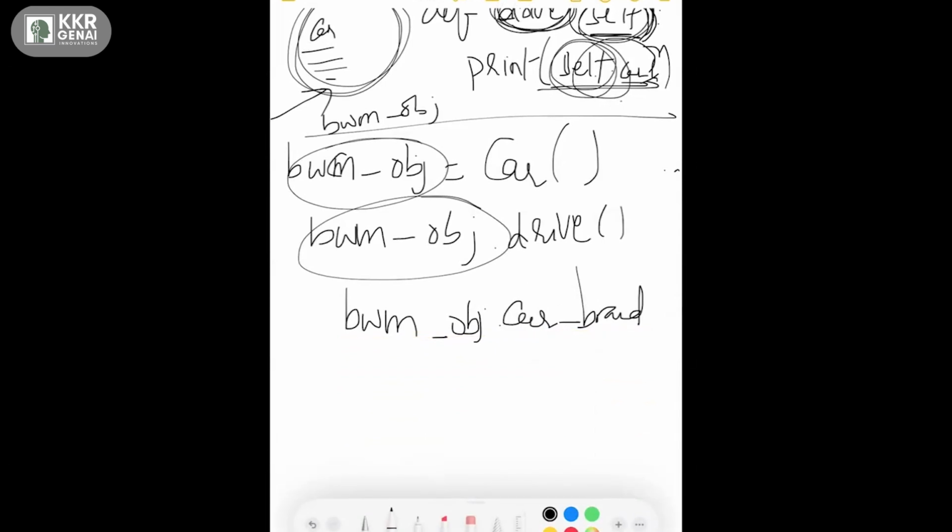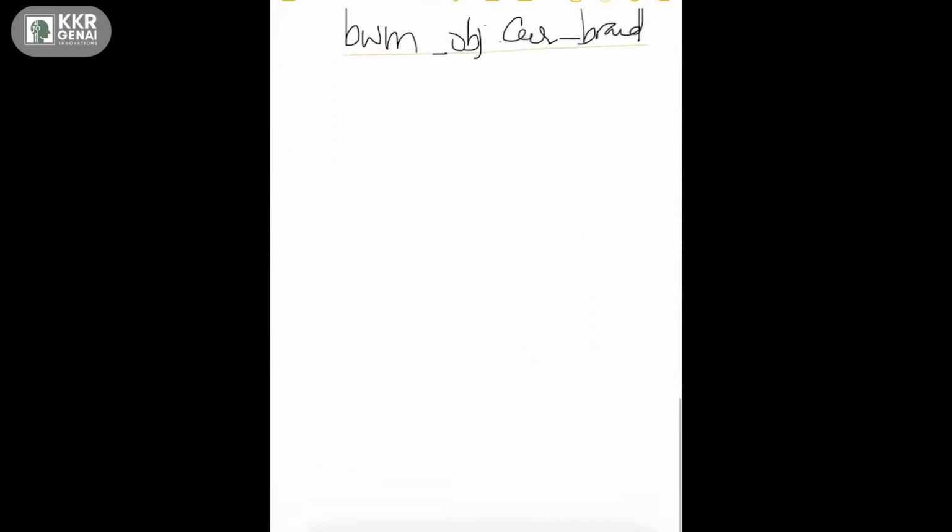For each object, a separate copy of the instance variables is created. Inside the class you access them with self; outside the class you need the object reference.